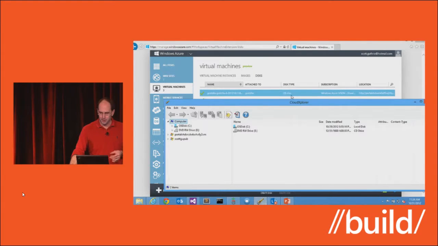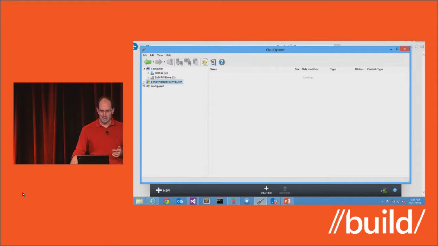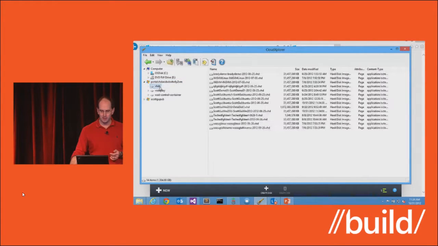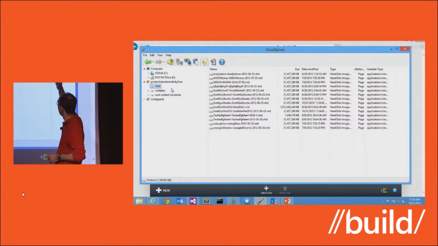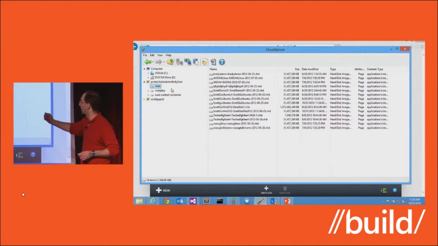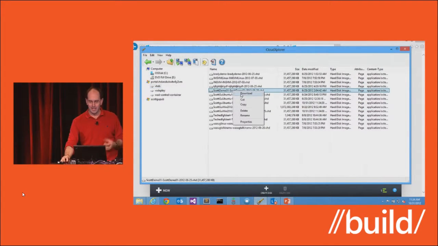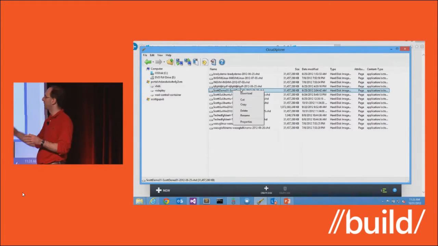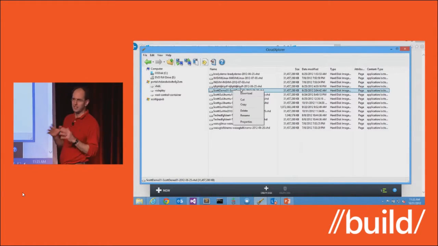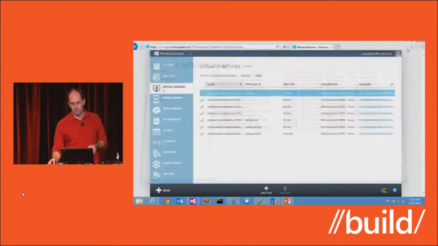One cool thing is there's a tool from a third party, a free tool called Cloud Explorer. If I connect to it, you can see all of my drives exposed, again, as individual blobs, as hard drives. If I wanted to, I could copy this and download it and save it locally. I'm not going to because they're about a gigabyte each. Likewise, if I had a local VHD, I just copy it into this folder, and it'll start uploading that image into Azure, and I can go into the portal and boot up off of it. That talks a little bit about how we're backing your VHDs in storage, and the flexibility in terms of portability it provides.